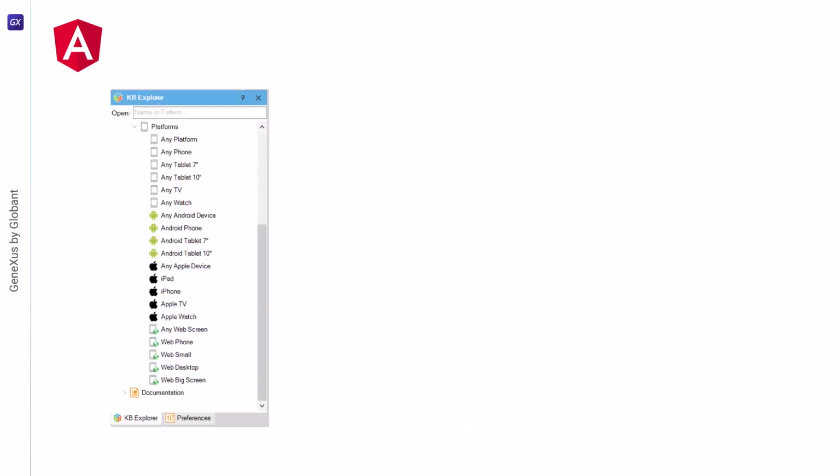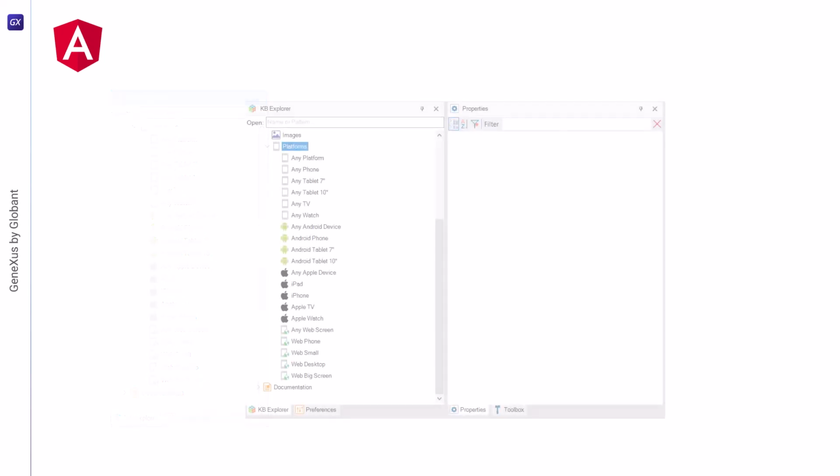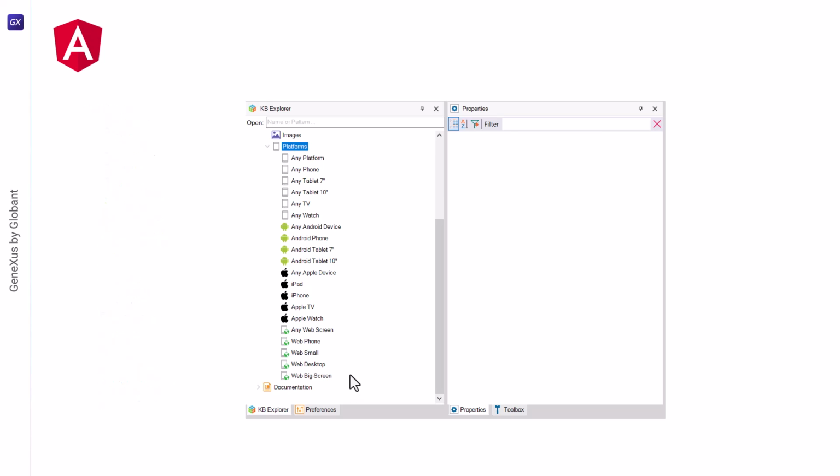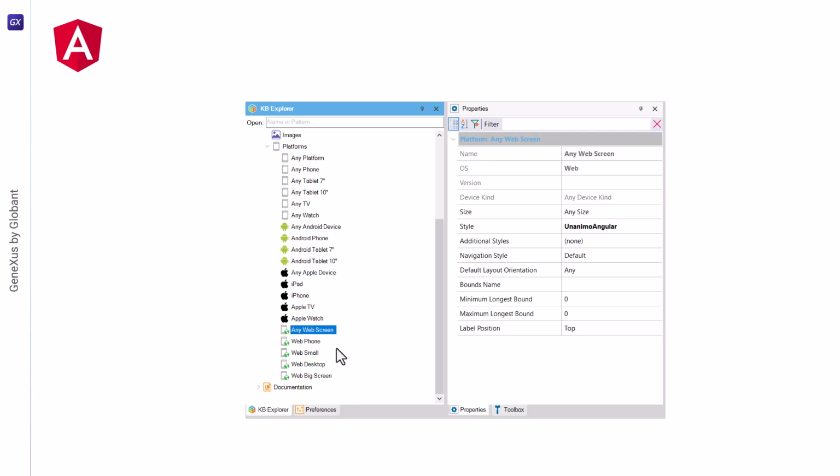It's important to mention that this definition of the platform universe is the default and establishes the variants that are usually needed in a development. But they can be modified. Here I'm showing the default definitions when creating a new KB with upgrade 8, then more platforms appeared, such as WeChat. But for what I want to show you now, they don't matter. As we can see, we have a default platform that'll work for all cases of web execution. And that's why we see here, any device kind, and here, any size. But we can also specialize it using these four options,